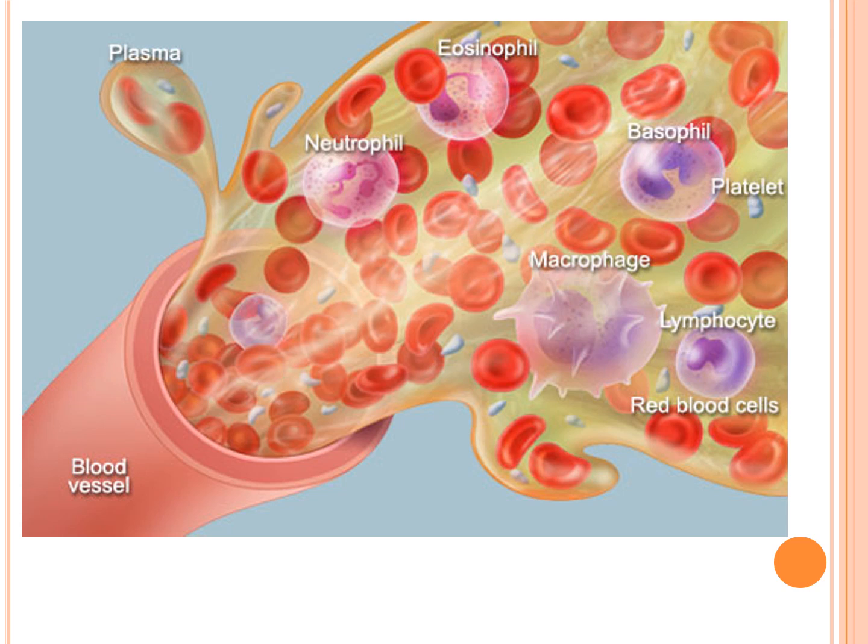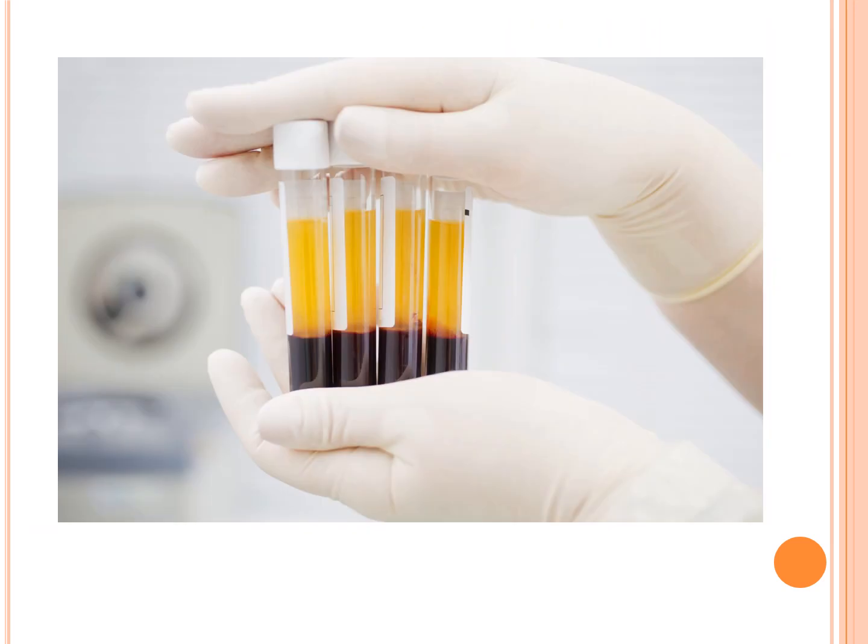Blood mainly has two components. As you can see here, the yellow colored fluid is called plasma, and you have these circular substances in it, which are your blood cells. So we're going to start by learning about plasma. If you collect blood in a test tube and keep it undisturbed for a long period of time, you will see that the blood cells settle down to form a red colored layer, and you will have a yellow colored layer on the top. This yellow colored layer formed at the top is nothing but plasma.